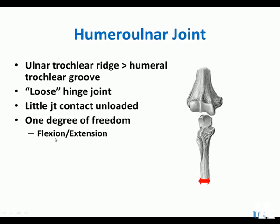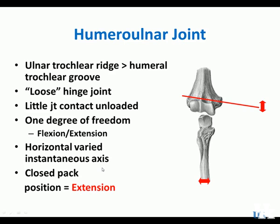It's a loose, sort of loose hinge joint. There's little joint contact when it's unloaded, so you don't have a lot of compressive forces like you would in the knee at this joint. It's a little off-center, a little bit askewed, which causes some of the carrying angle phenomena, about 10 to 15 degrees. So it's not perfectly straight. It's got a little bit of an offset in its rotation. It is close-packed in full extension,